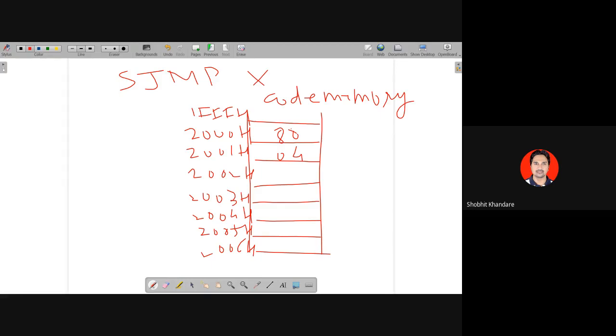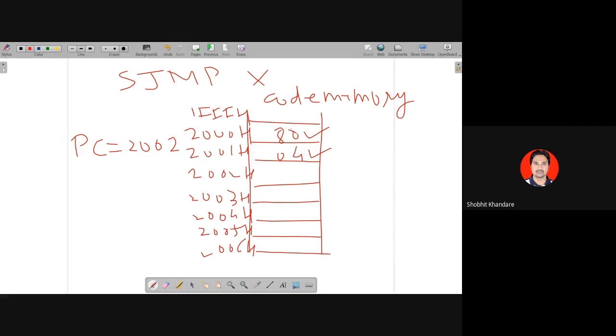Now you know that your PC is set to the next instruction address. आपका जो PC है, you know program counter, your program counter will always hold the address of the next instruction which has to be executed. Okay, now if this instruction is executed, then this is executed, next what is going to be executed? The instruction which is at the address of 2002. आपके पीसी में अभी क्या रहेगा? 2002. So what I mean to say is that you have executed the instruction present at 2000H, then you have executed the instruction present at 2001H.